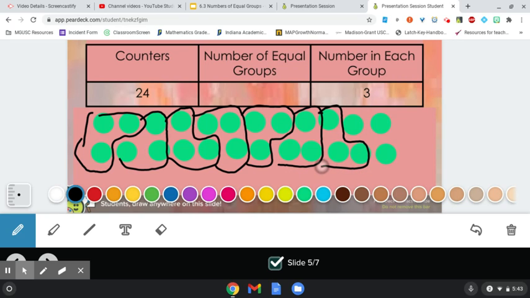Now, let's say for some reason I had some that were left out. Let's say I did it and I had one that was not in a group. Well, if I have one that's not in a group, then that means that you need to go back through